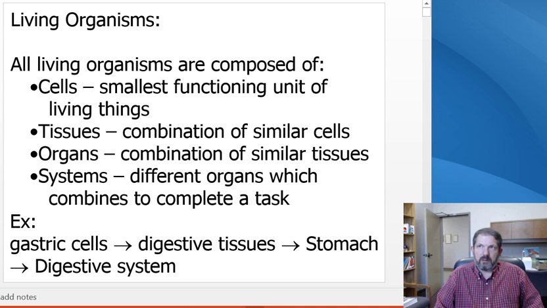Life is incredibly abundant, incredibly diverse, and yet there are a lot of commonalities about life. And one of the things about life is that it's organized into cells. So you need at least one cell to be considered alive. And an interesting side note is that viruses do not have a cell membrane. So a virus technically is not alive. Some people would argue that it is, but really it's just a packet of DNA enclosed in some proteins, and it can't do